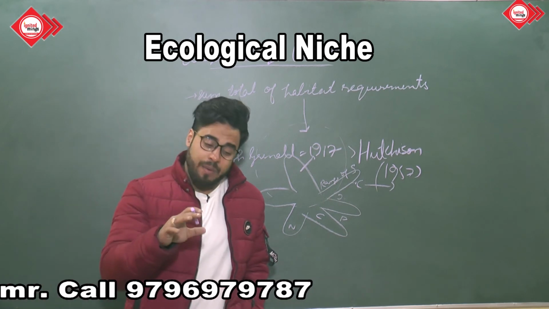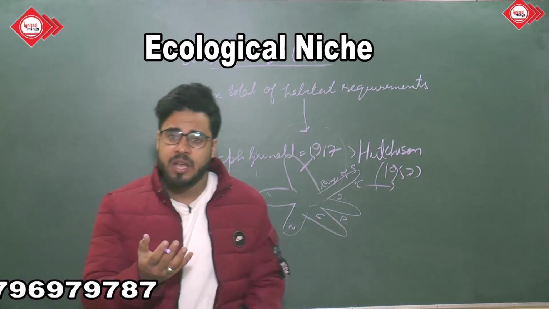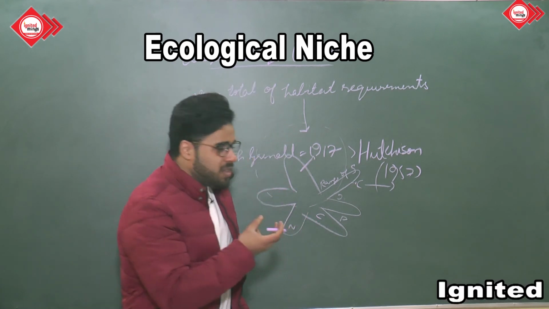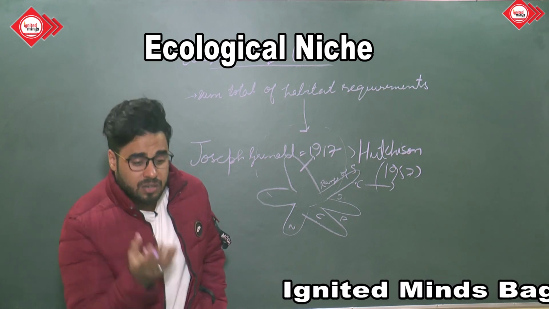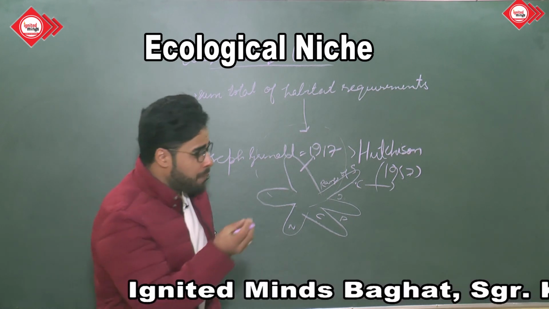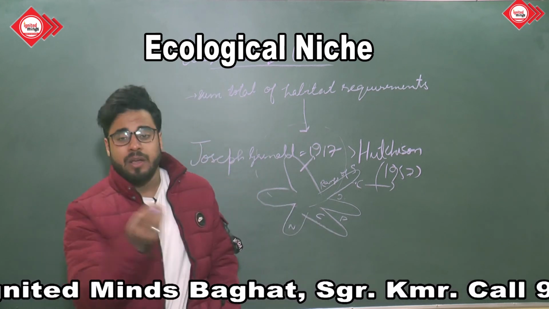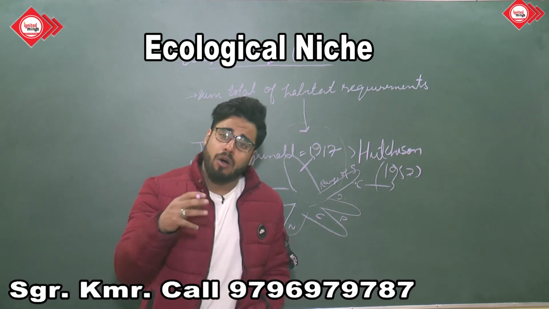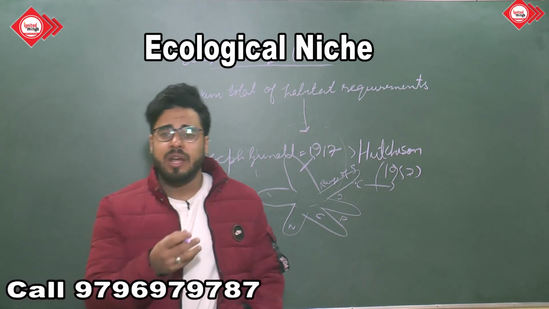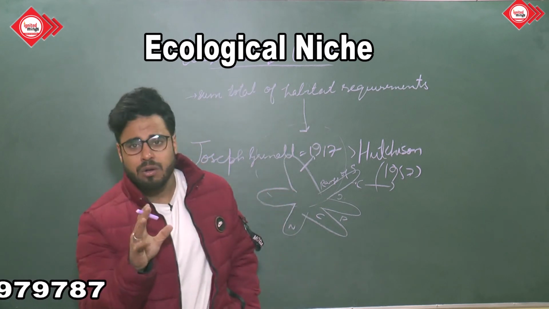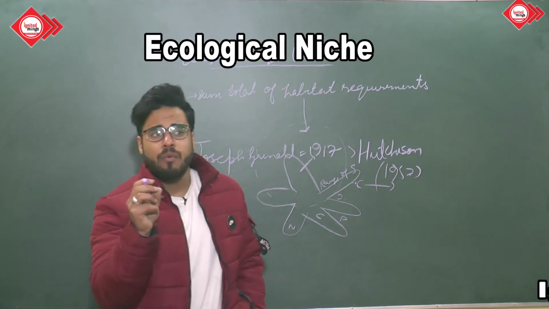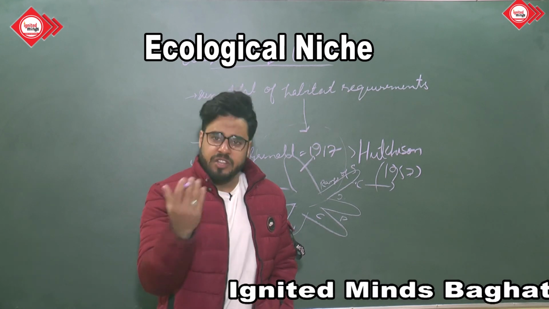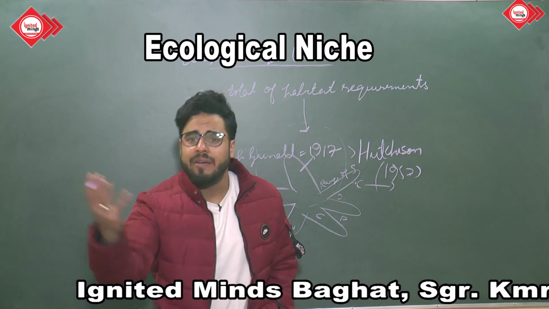But Hutchinson basically popularized the concept of ecological niche. He extended the concept further. He said it's not simply the sum total of habitat. You have to think in terms of a hypervolume and tell different things which determine a perfect, complex set of resources in order for that organism to grow, persist and reproduce. So in short, ecological niche simply describes how an organism responds to the distribution of resources and competitors, which in turn is determined by the availability of resources.